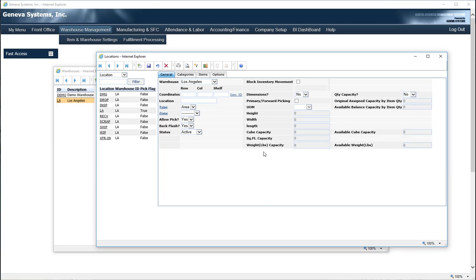Recall that we set up the location dimensions in the settings for the warehouse, and we can now see them here in our Locations window. Below the row, column, and shelf location dimensions, we see text boxes that we can enter the row, column, and shelf coordinates into in order to generate the location ID. So if we enter 1, 1, and 1, and then click on the Generate ID link, we will have generated